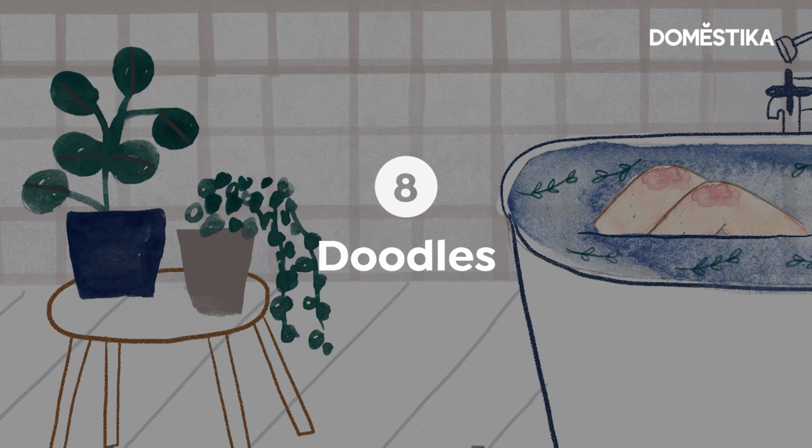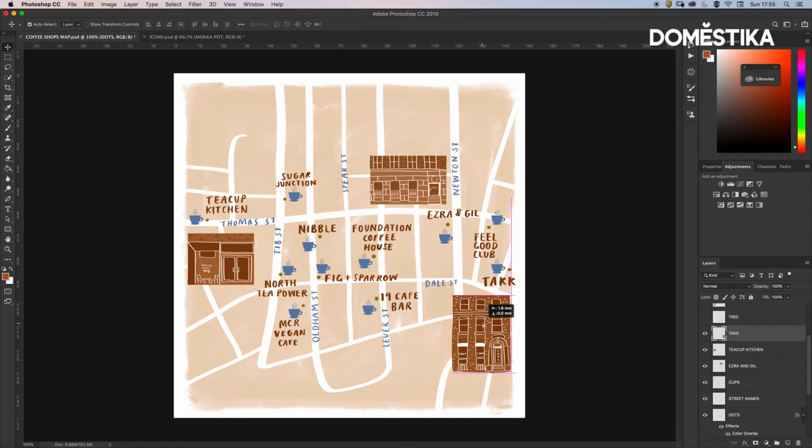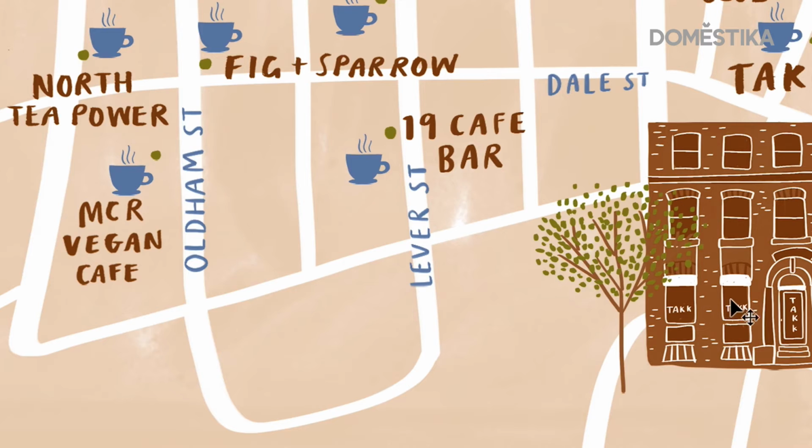I've decided to create doodles of the coffee shops that are in the areas that are a bit sparse, that might need filling up a little bit. You can just bring those in as separate layers, play around with the placement of them, where you want them to be. I think they're a really good balance, having 3 of them. I've also added in this tree as a little extra layer of detail.